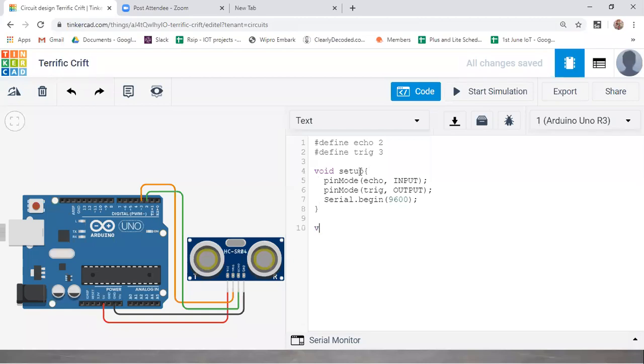Next, void loop: how my function should operate. In void loop, first you need to make the trigger pin low. Why do we need to make the trigger pin low? Because when you turn on the sensor, first the trigger pin must be low.